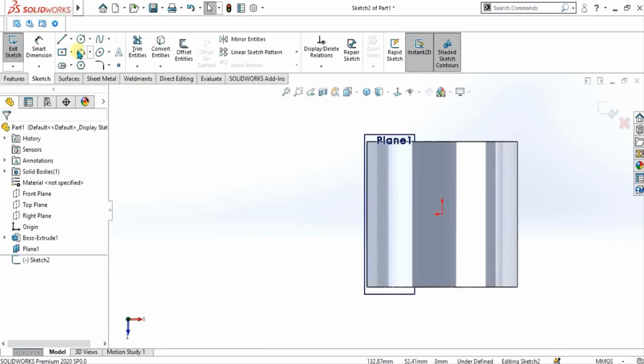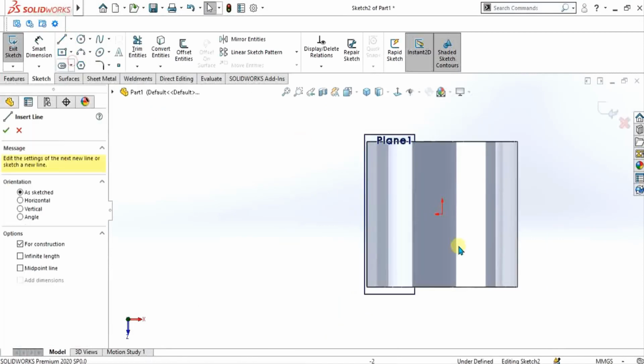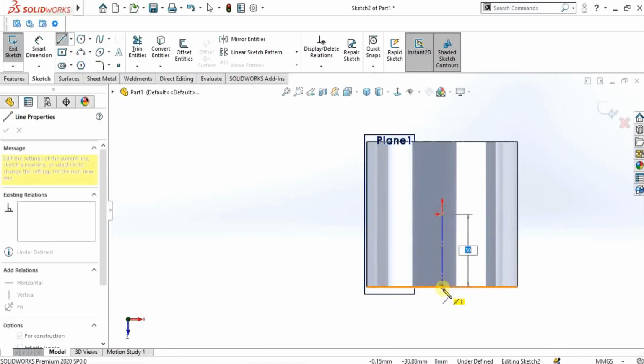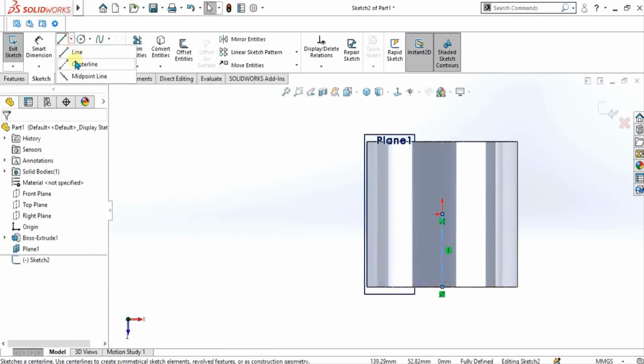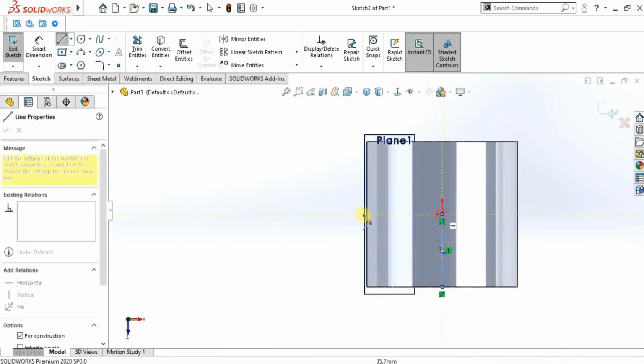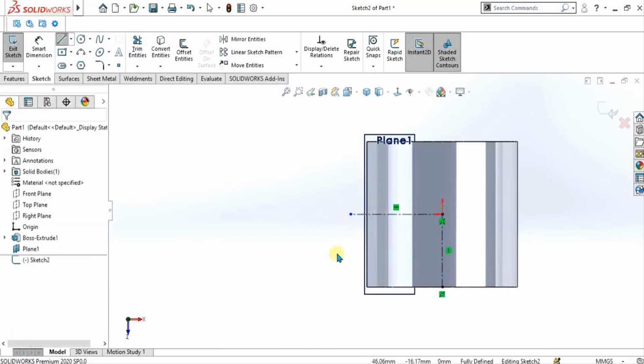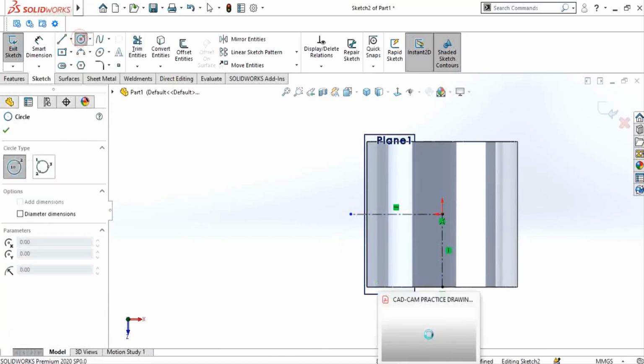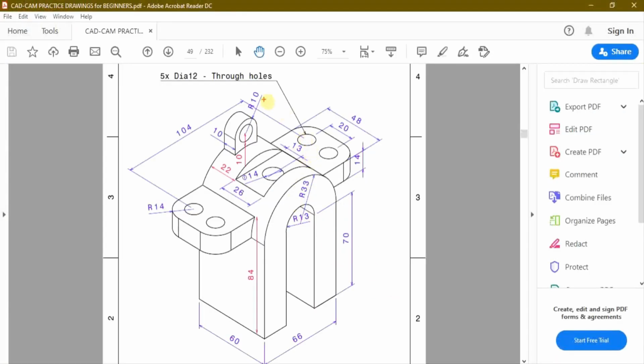Make the center line like this. And now simply make the small circle of radius 6.